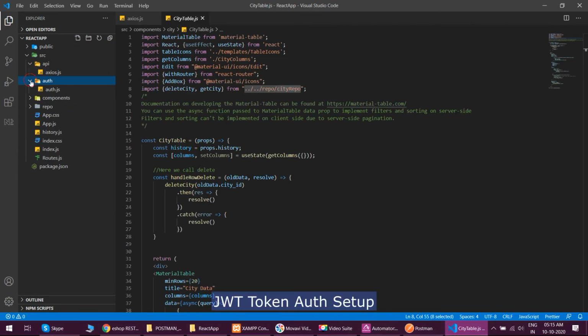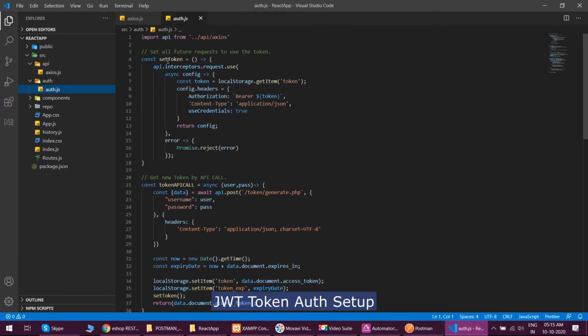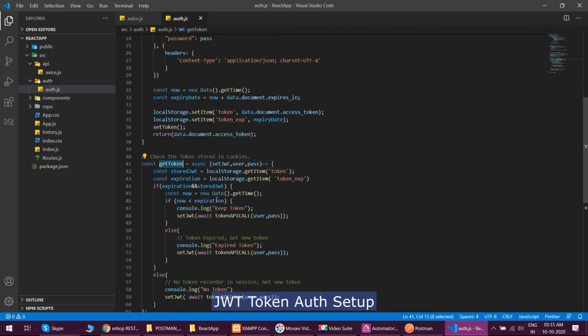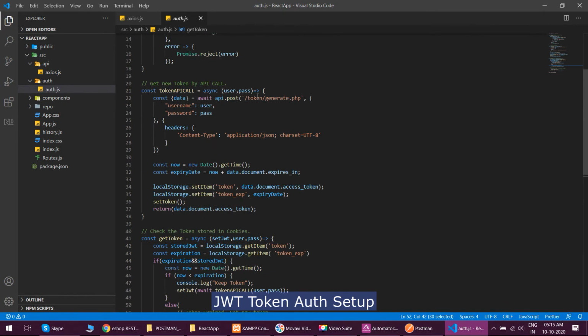To use the API we need to generate a token, which is also implemented here. So in the auth folder we have an auth.js. In that we are calling get token. In that we are checking for the expiry of the token, and if it is not expired, then we use that same token and store it in local storage. So that part is automatically handled.